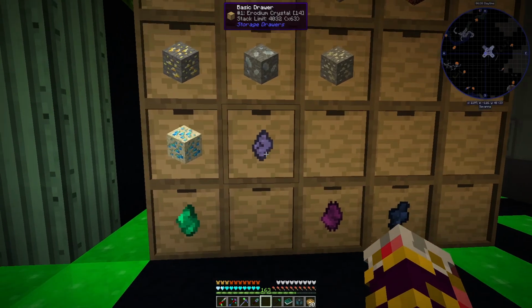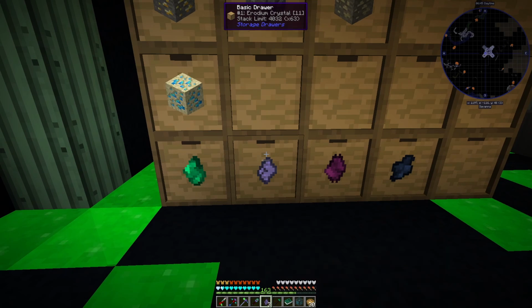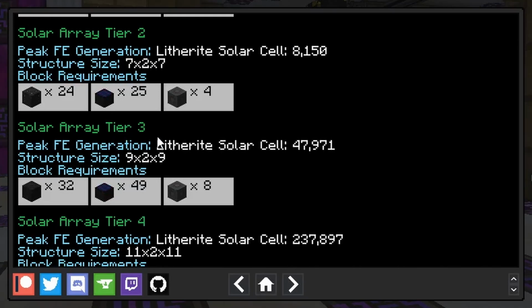All right, here we are a little while later, and as you can see, we have exactly enough that we need. Now, I'm also going to move this back down here, because I did just kind of let it build up over there. If we take a look in the guide here, oh, we just got the solar array controller tier 2 quest completed. If we take a look at the tier 3 solar array with litherite solar cells,